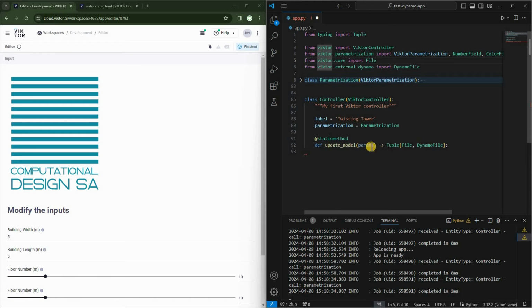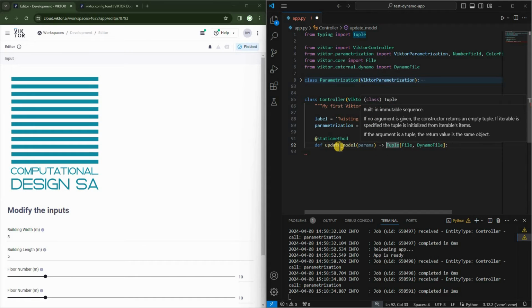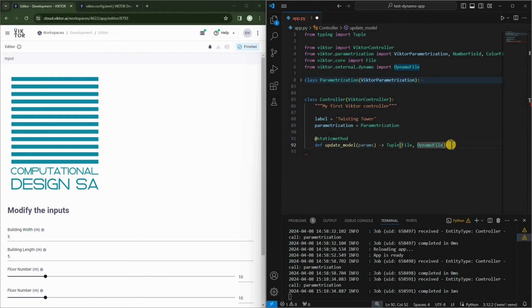Okay, as you can see there, that works. So this is just indicating what we will be expecting at the end of this method, which is a tuple that contains a file, right? It contains an instance of the file class and also an instance of the Dynamo file class. All right, perfect. Let's continue with